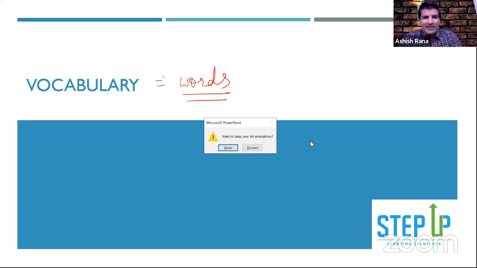So let's see. Now, the moment I give you the word, what you have to do is type in as many words as you know in the chat. Let's say the alphabet is C. Within 1 minute, write as many words as you can from C. Car will not be acceptable. Cat will not be acceptable. These are nouns, my friends, the name of something.